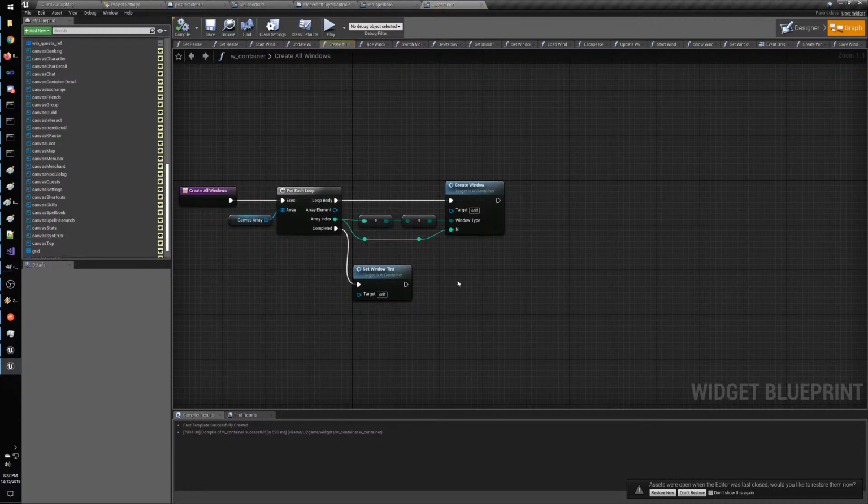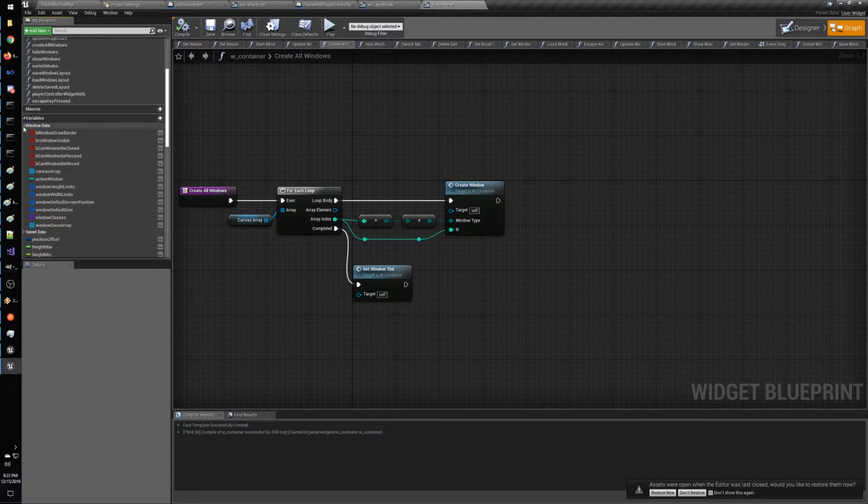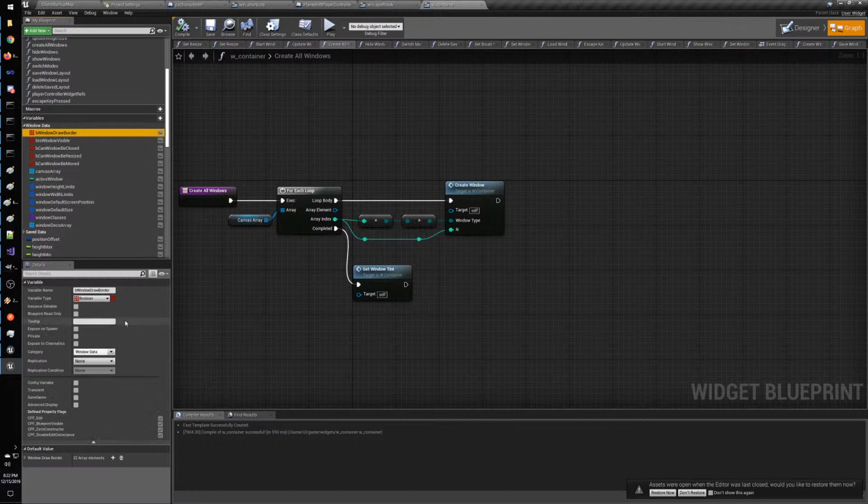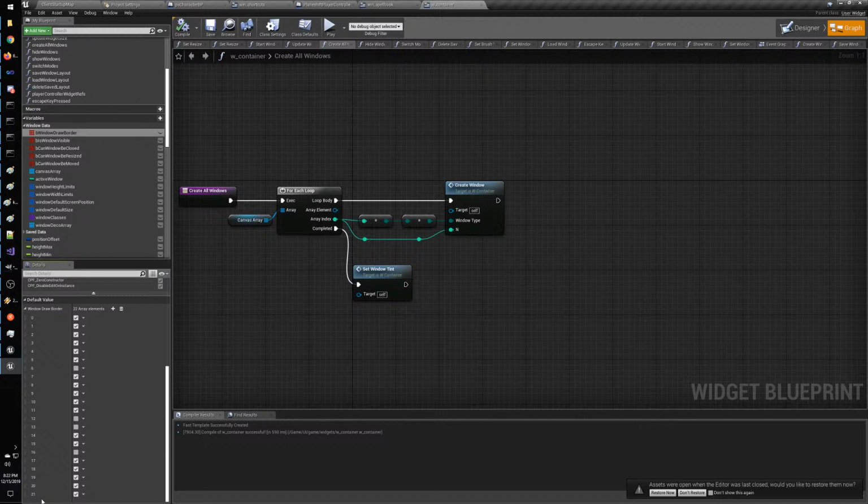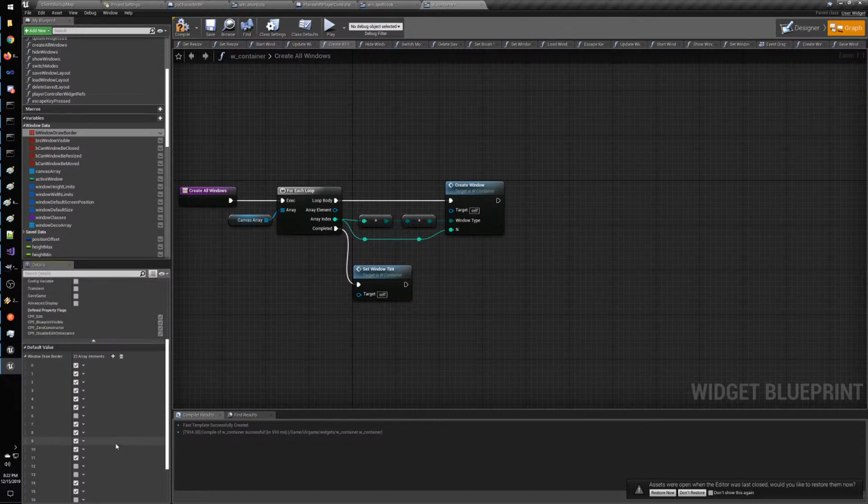I think this thing was completely automatic. I just need to change these variables, which are under window data. Yeah, exactly. So at the moment, window data has 21 elements. I need to add a new element here